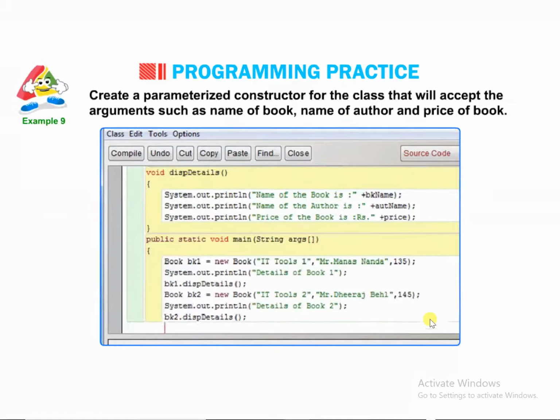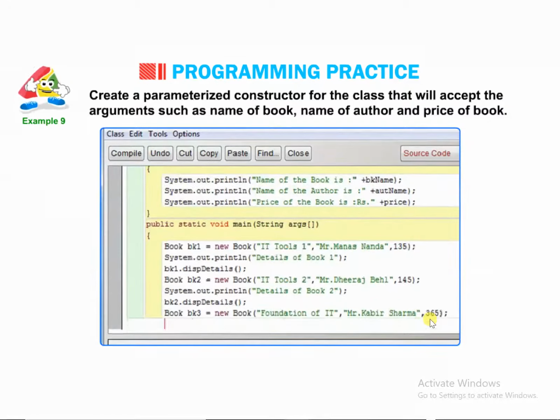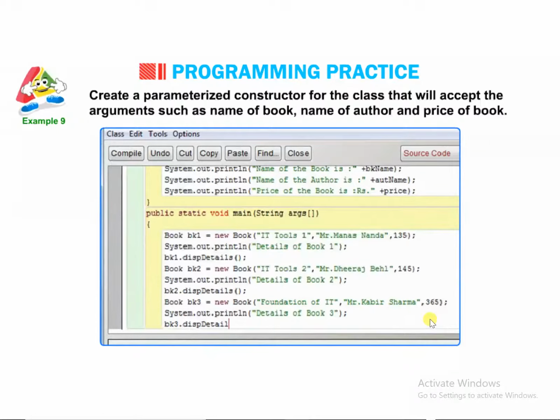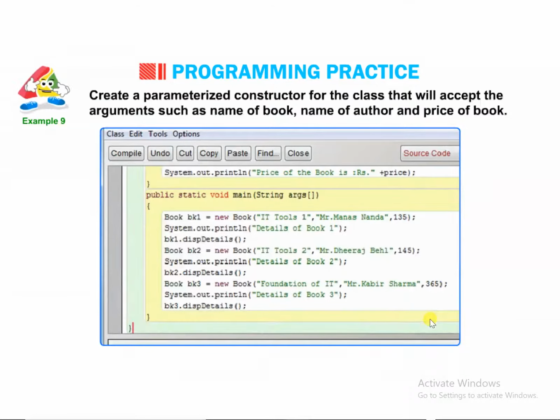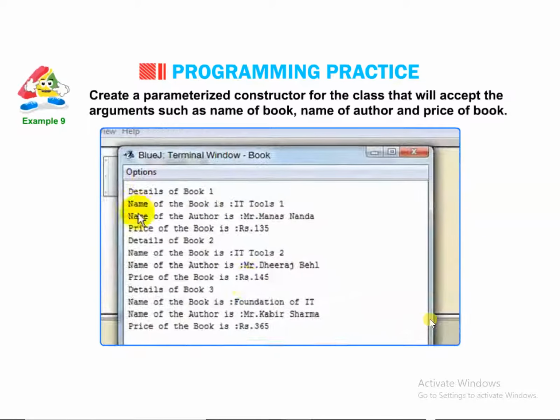Book BK3 = new Book("Foundation of IT", "Mr. Kabir Sharma", 365); System.out.println("Details of book 3"); BK3.displayDetails(); } } Output